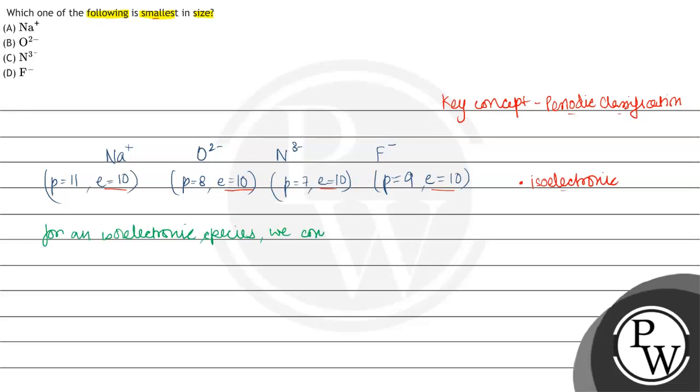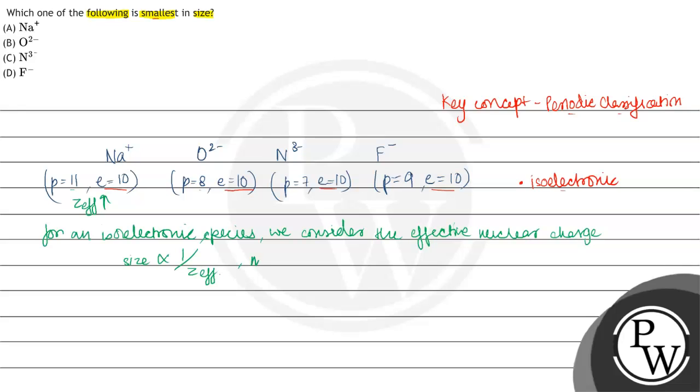we consider the effective nuclear charge. So for example, Na plus में 11 protons हैं but O2 negative में 8 protons हैं, जिसका मतलब है Na plus में attraction यानी कि nuclear charges सबसे ज़्यादा होंगे. This is why this will have the smallest size. So size will be inversely proportional to the nuclear charge, effective nuclear charge.